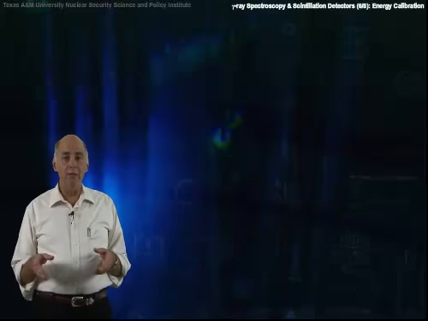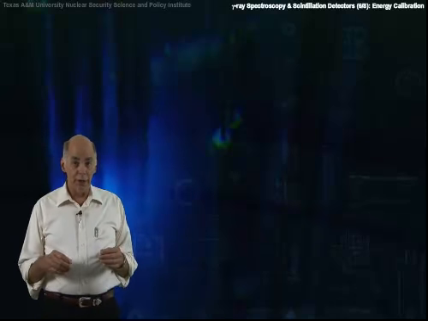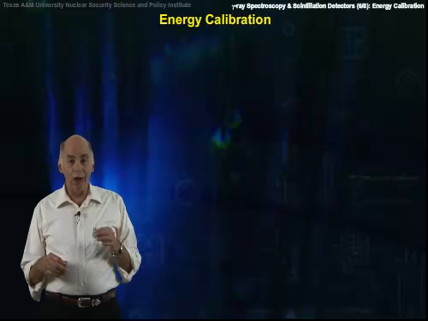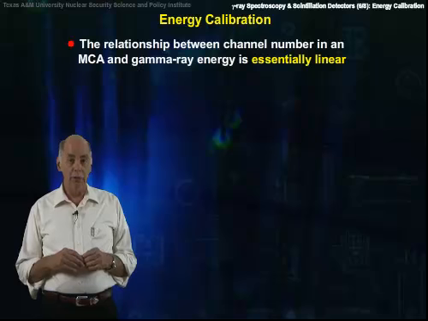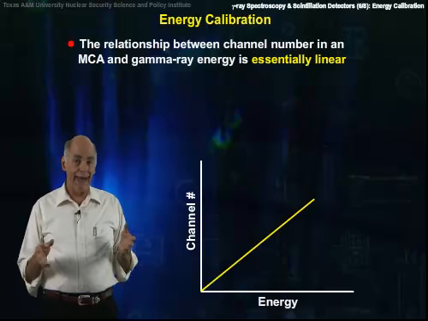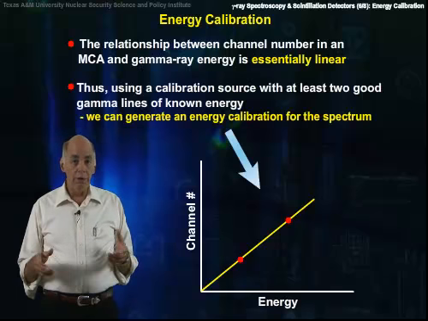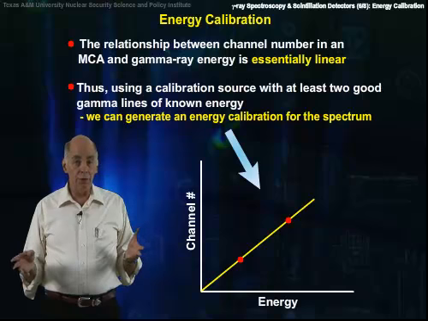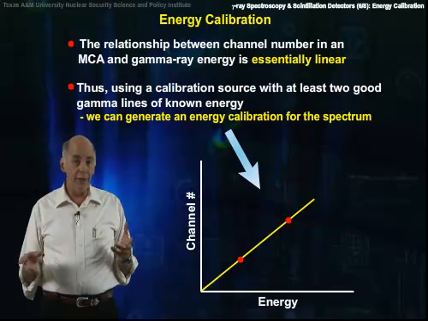Now let's talk about how you actually set up a detector to make measurements. The first thing you need to make qualitative measurements is an energy calibration. The relationship between channel number in an MCA and gamma ray energy is essentially linear. Therefore, using a calibration source with at least 2 good gamma lines of known energy, we can generate an energy